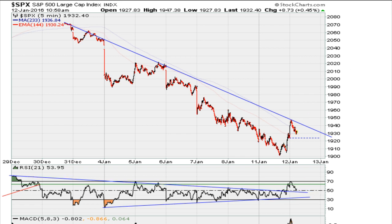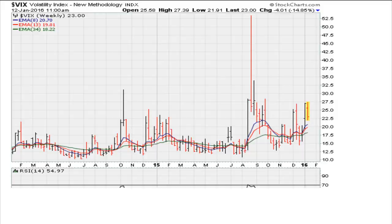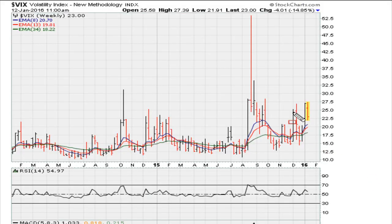So let's take a look at the VIX. On the weekly, we can see here 24.39. 24.39 was the buy point. Right now we are back below that, so this is looking like a failed breakout. So as long as the VIX is back below 24.39, this is bearish for the VIX, bullish for the general